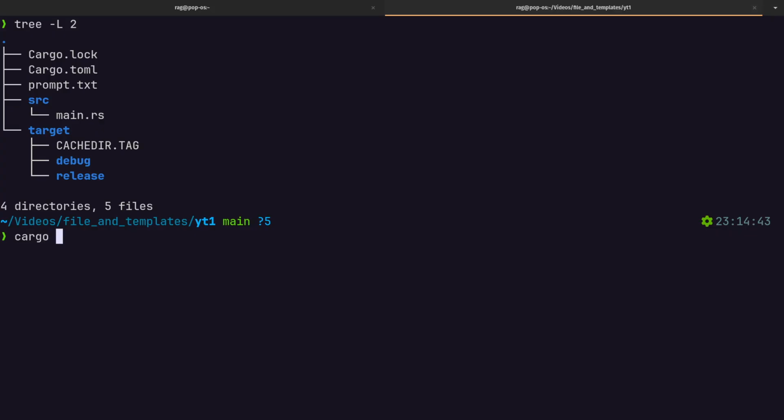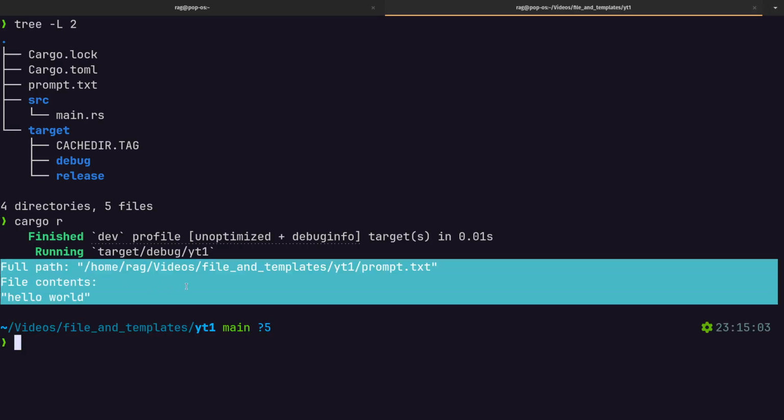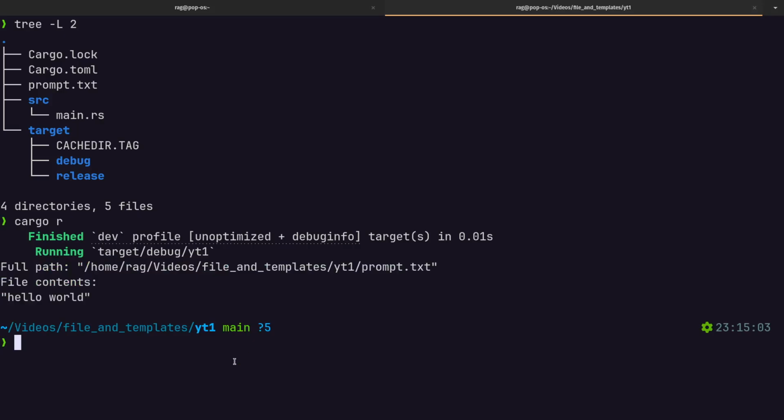So the Cargo book, there's the Rust book, but also there's a Cargo book. That's a really good place to read about this. So there we go, this works. It's reading hello world because it's at the project root level and CARGO_MANIFEST_DIR is telling the code to look there. So if we do cargo build